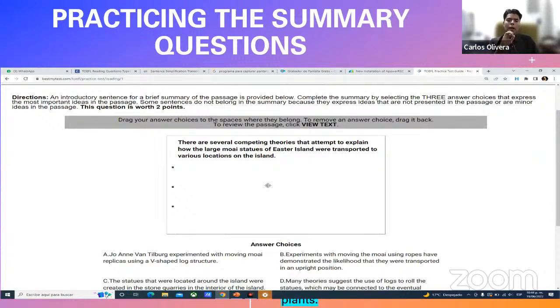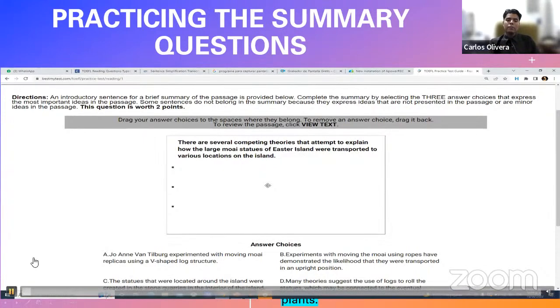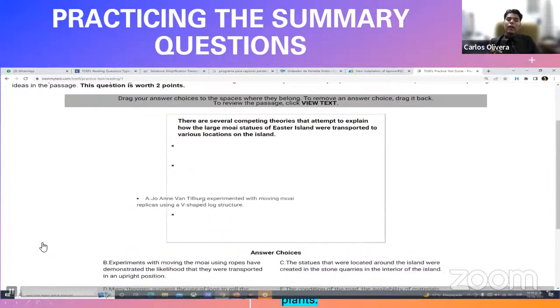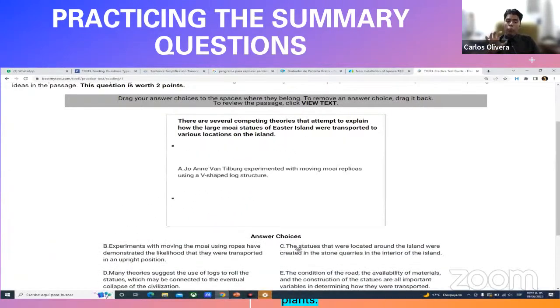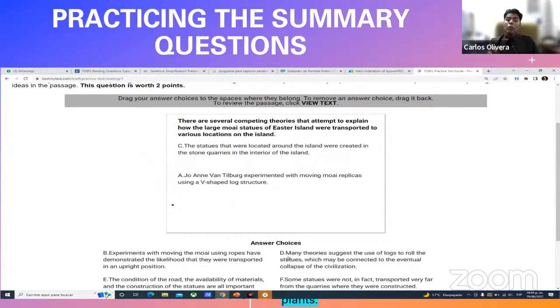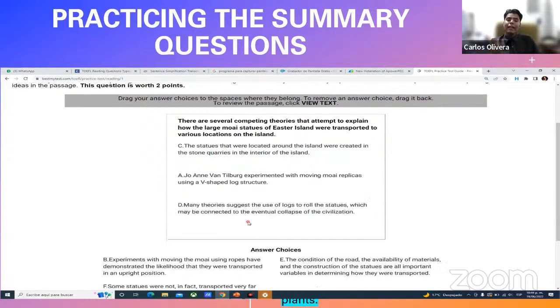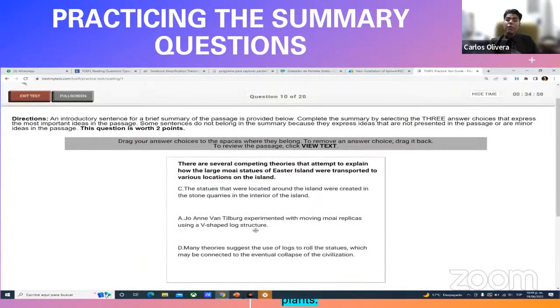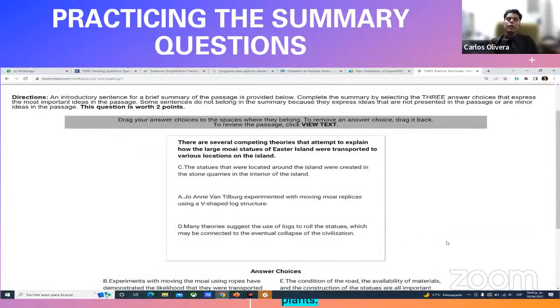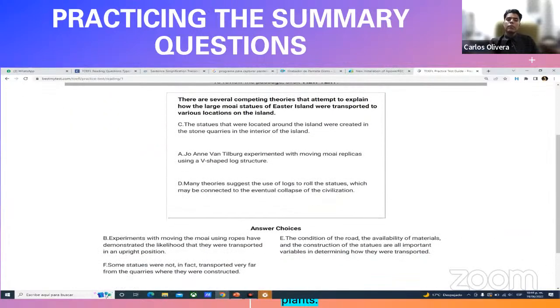If you look at my screen right now, you can see that it is going to look something like this. It's going to be more or less a box at the center of your screen. And what you're going to do is drag, I'm going to show you here, this is a video actually. You are going to drag all those statements within this box that summarize the main ideas of the passage. That is everything you have to do. Okay? That is what you have to do.